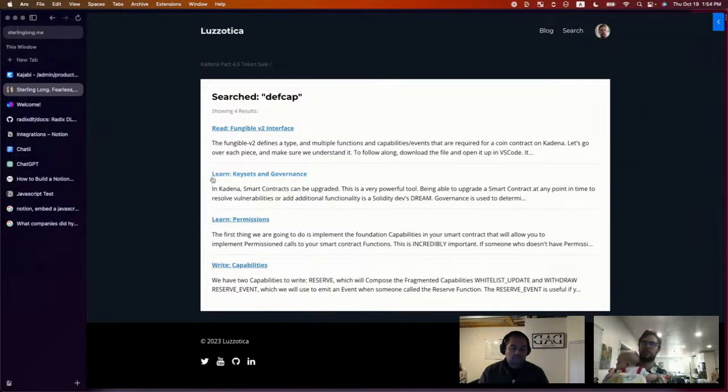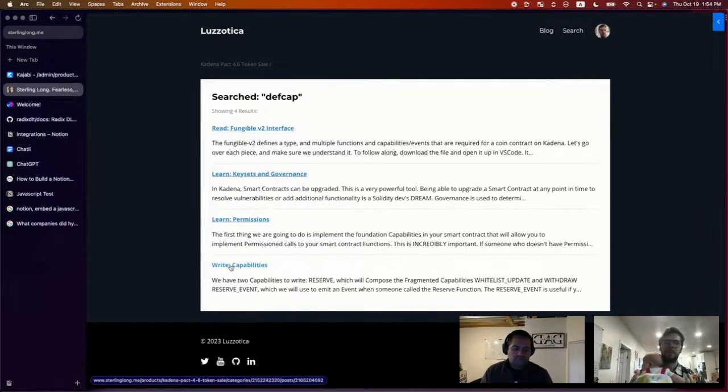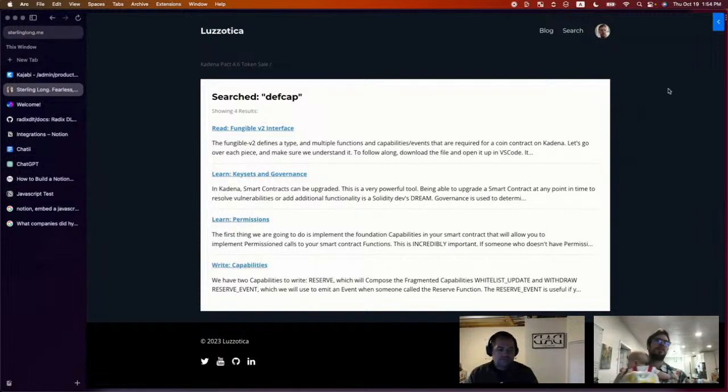Yeah, because none of these are super directed. Like, fungible V2 interfaces, maybe. I could maybe see myself talking about them in there. Capabilities for sure, obviously. Writing capabilities makes sense. But one of the main issues I can see with this is that